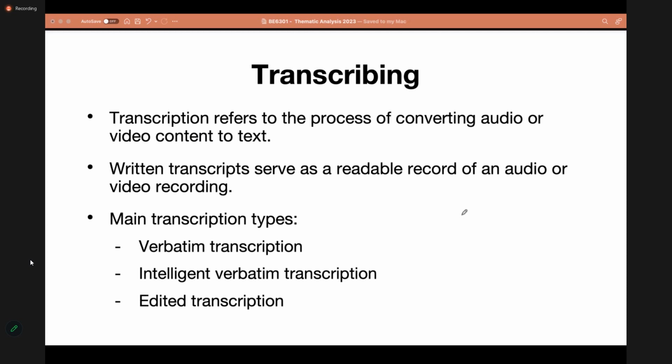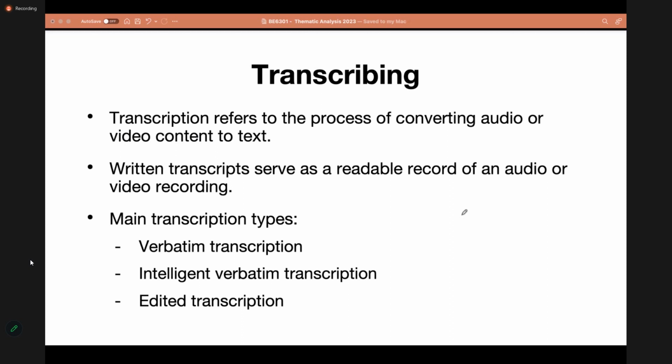So once we have these written transcripts, we have a readable record of your collected data.